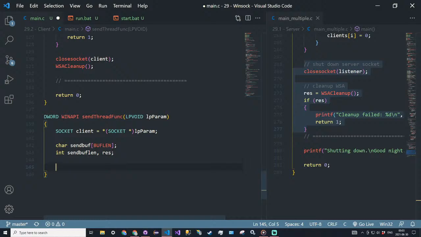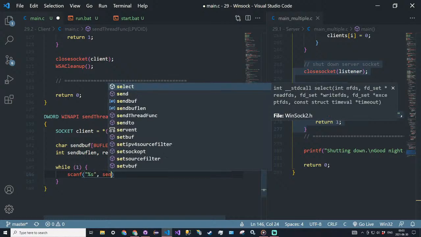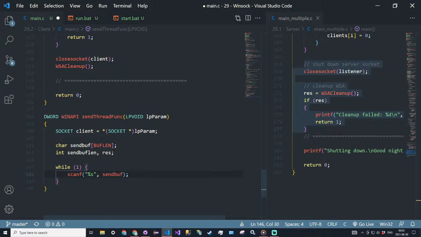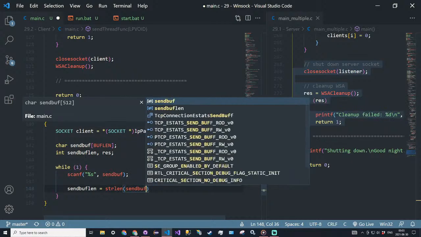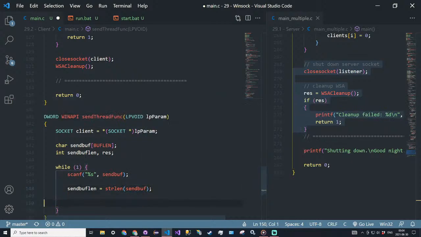Alright, now our looper is going to have an infinite loop, so while 1, we're going to get a value. So scanf from the console, and just do %s for a string, and read it into sendBuff. Then we're going to say sendBufflen is equal to the string length of sendBuff,